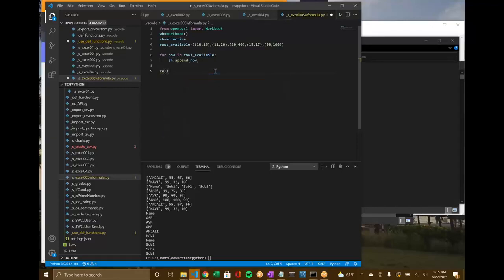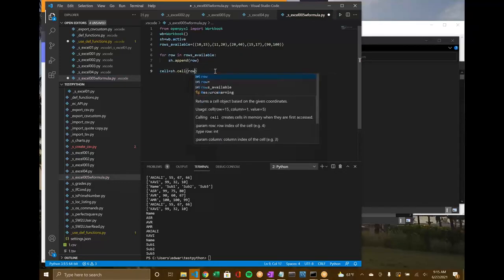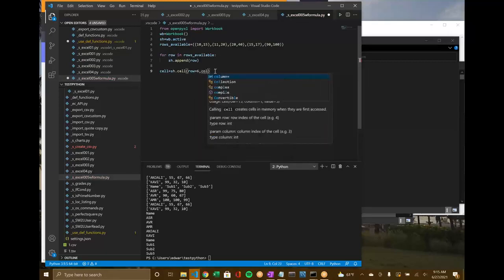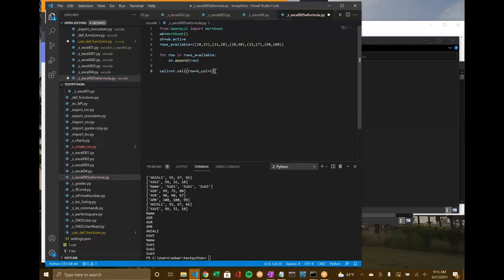Now right here, you go with the cell, CELL. Write cell equal to sh dot cell. In the brackets, you write row equal to 6. After cell you need to have a parenthesis. Yes, row equal to 6, comma, column equal to 2. Okay, so this is the cell we have. Now here we need to have a value. In the next line, cell dot value